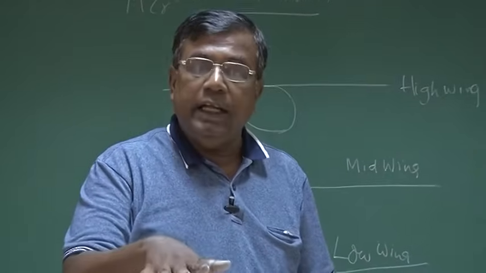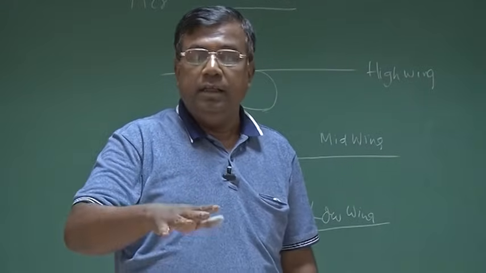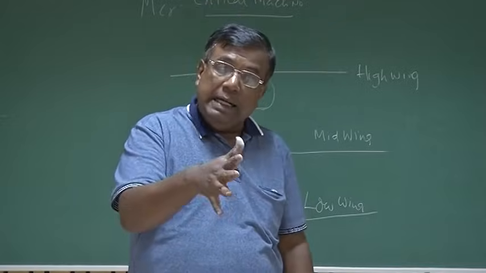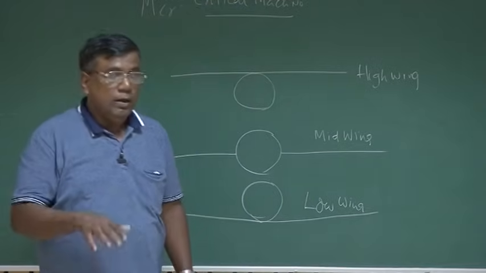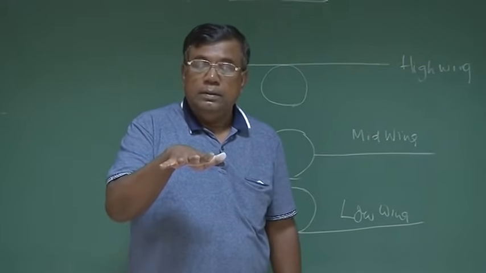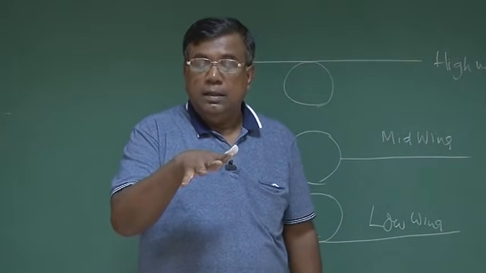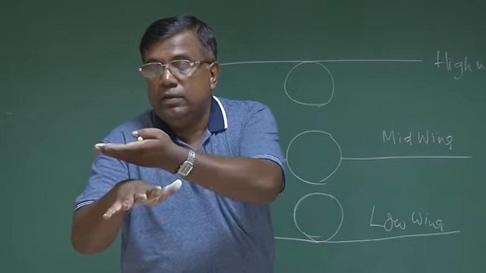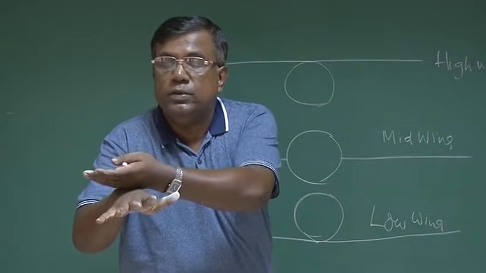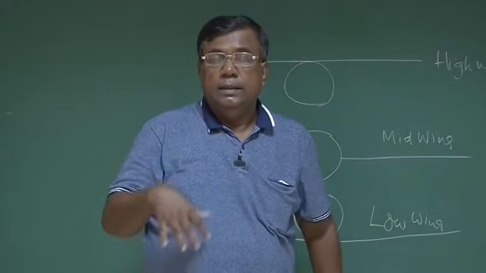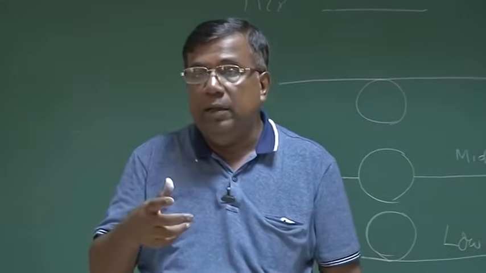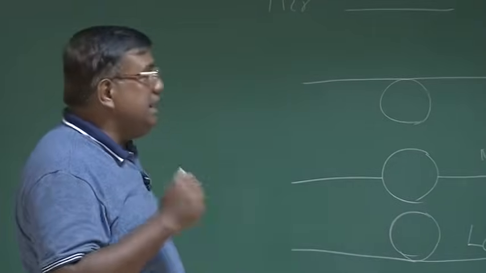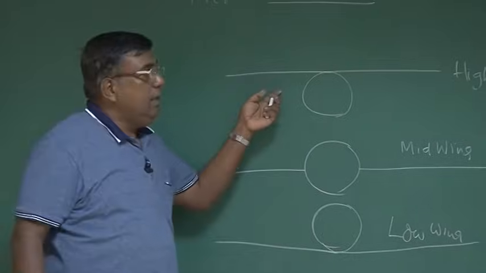For the longitudinal case, you know, it is through the horizontal tail. For the directional case, it is through the vertical tail. But for lateral, how does it happen? Please understand. What happens if there is a disturbance? The airplane will side slip like this. As it side slips, there should be some surface which should generate a force and try to take it back. If I have such a surface available in the airplane, then I should be able to make it statically stable in lateral mode. So with this understanding, study the high wing case.